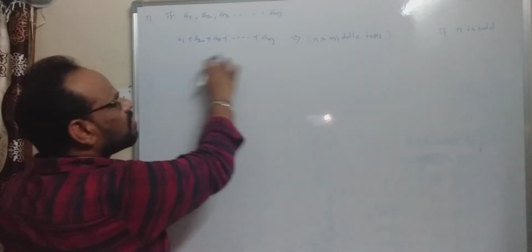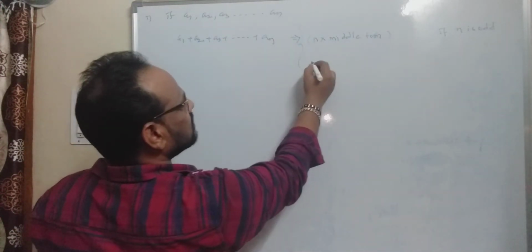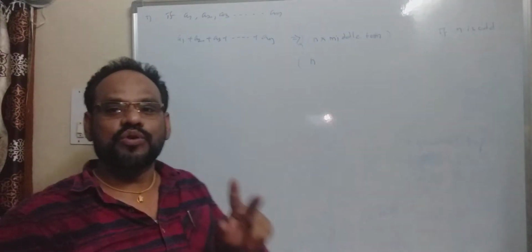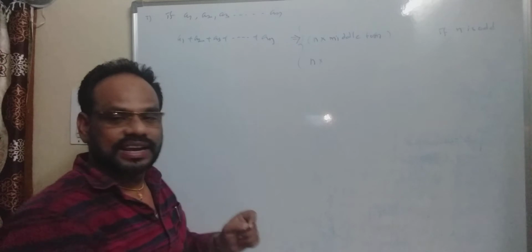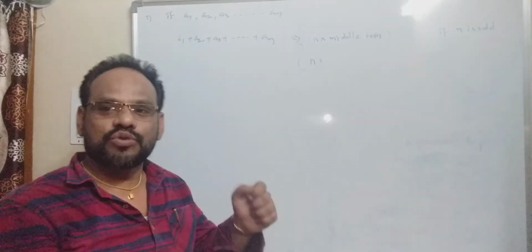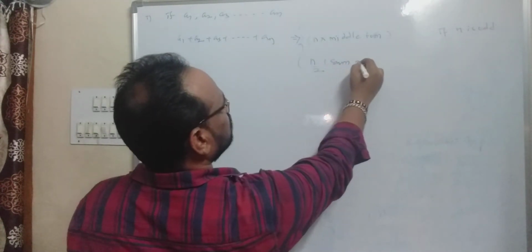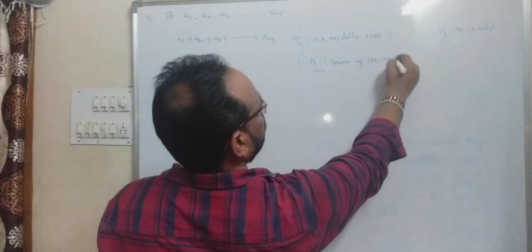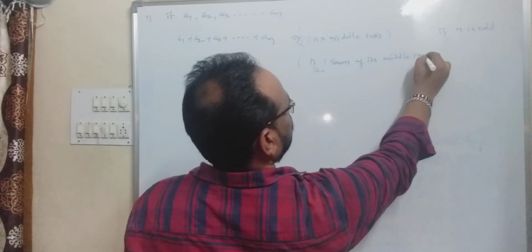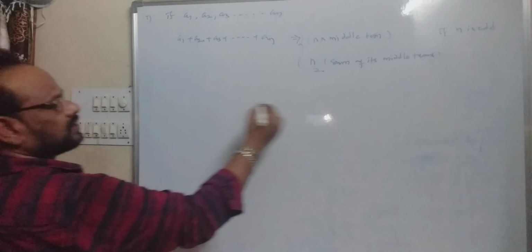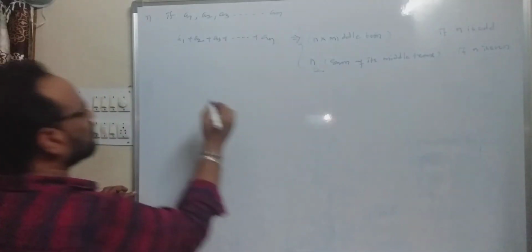That means number of terms into its middle term. If n is even, it has two middle terms, their sum is n into the average of two middle terms. That means it can be written as n by 2 into the sum of its middle terms. For example, if n is even, for example,